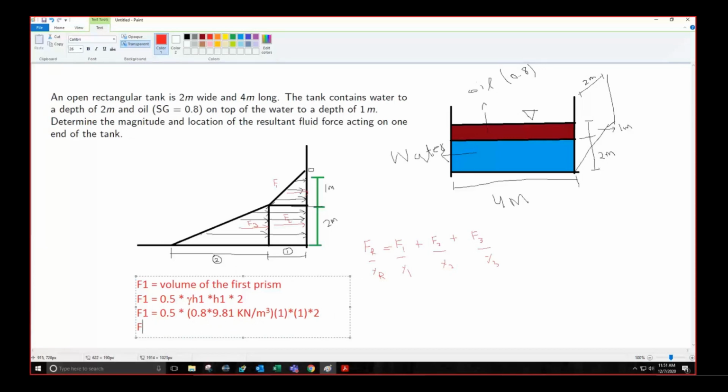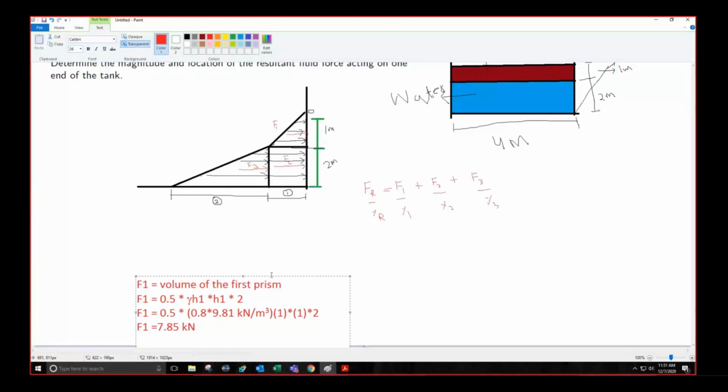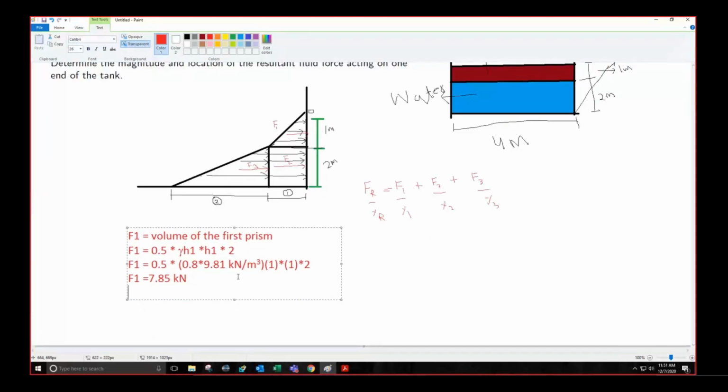So F1 is, क्या वैल्यू आएगी F1 की? 0.5 multiplied by 0.8 multiplied by 9.81 multiplied by 2, which is 7.848, which we can write it as 7.85 kilo newtons. ठीक है? क्लियर है? जी सर. किलो न्यूटन क्यों लिखा? क्योंकि मैंने यूनिट्स क्या यूज किए हैं स्पेसिफिक वेट की, गैमा ऑफ वाटर. ठीक है? हियर वी हैव गैमा ऑफ ऑयल, तो उसके लिए मैंने फिर